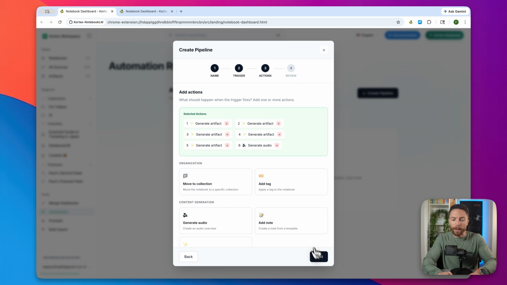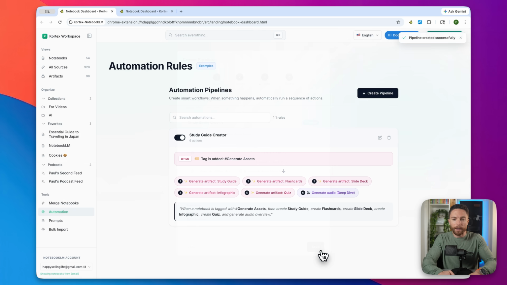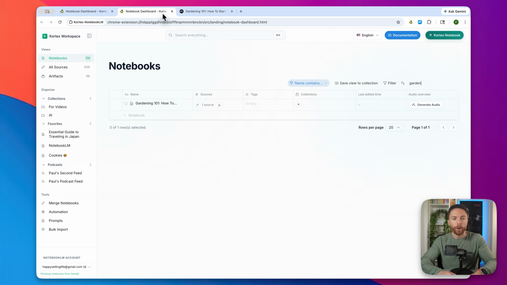Once I'm happy with that, click on next, and here's where you can review it. You can see everything that it does, and I'll click on save. So let's test this out. I have this notebook right here called Gardening 101, and as you see on the right, there are no assets inside this notebook. So I found it inside my Cortex dashboard, and all I will do is add the tag